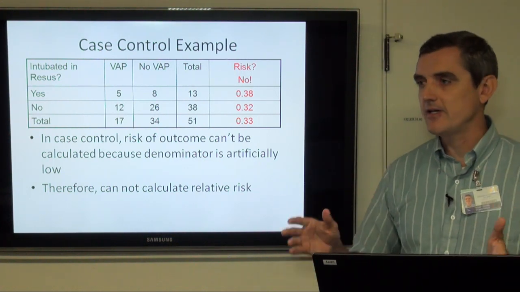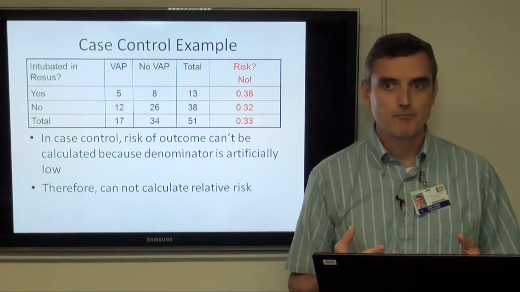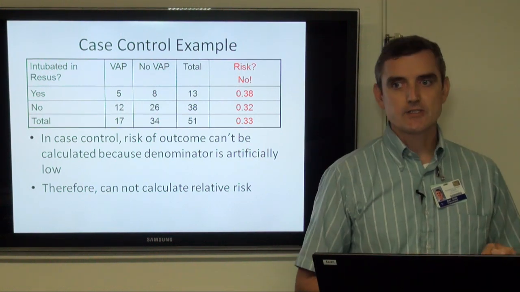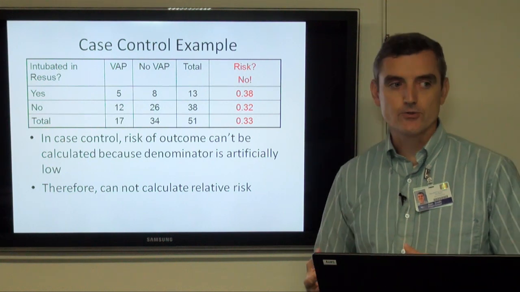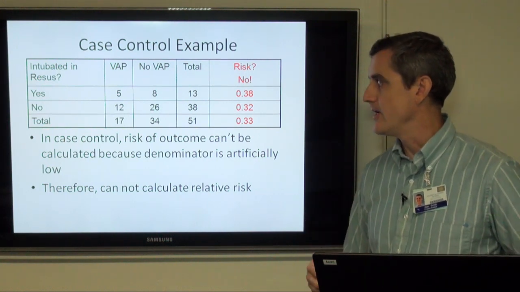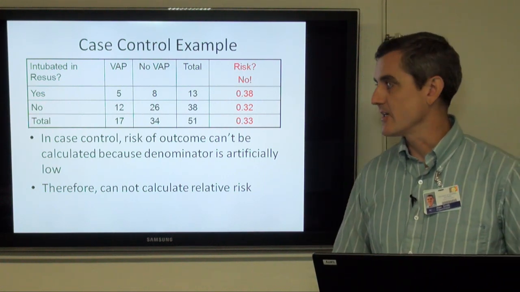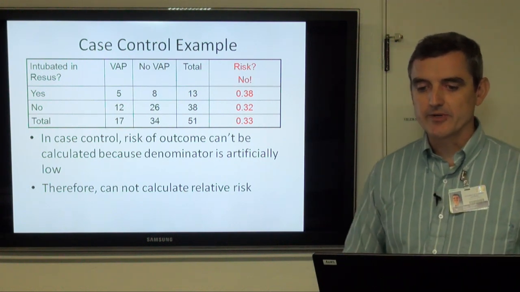And so in this example, let's say we've still got the same number of people with VAP. So those are all of our cases. But now we decide we want to match them 2 to 1. So we want to get 2 controls for each case. So we draw 34 controls who did not develop ventilator-acquired pneumonia and find out whether they were intubated in the